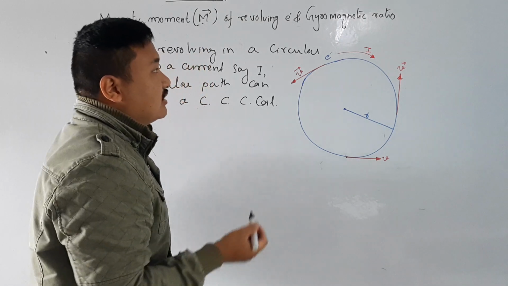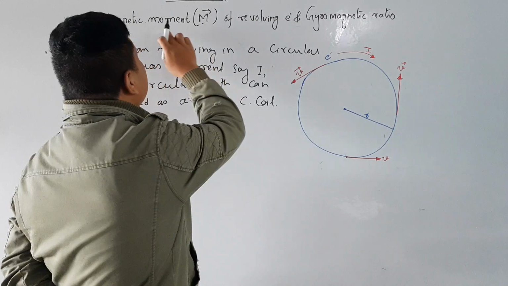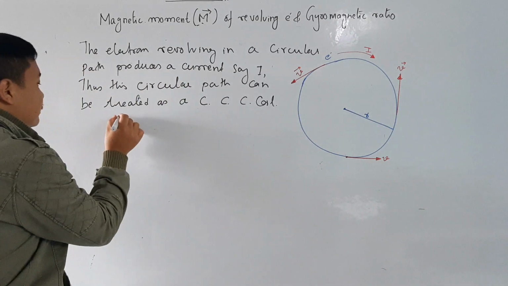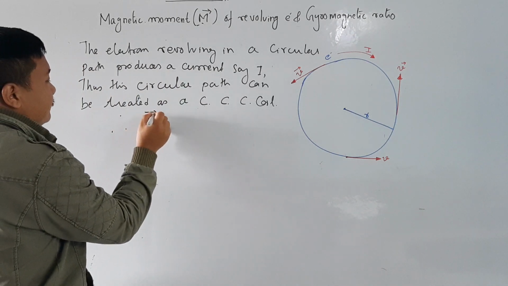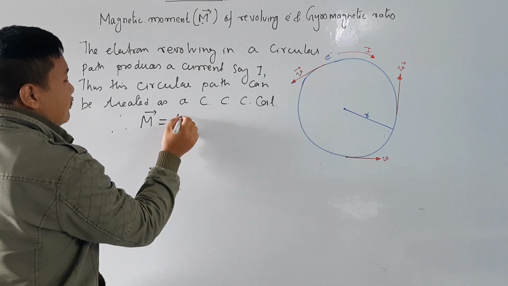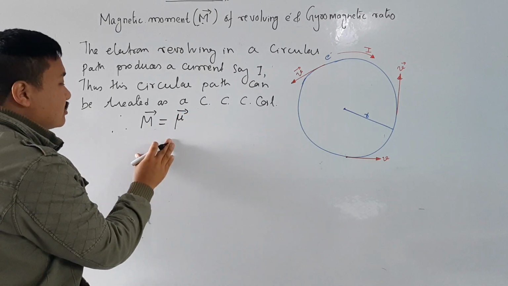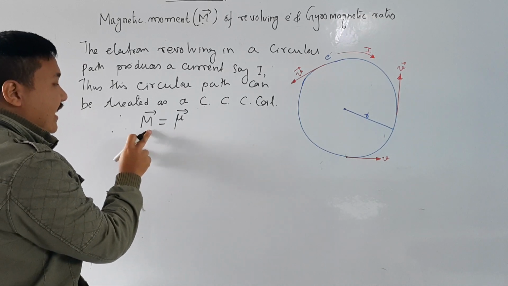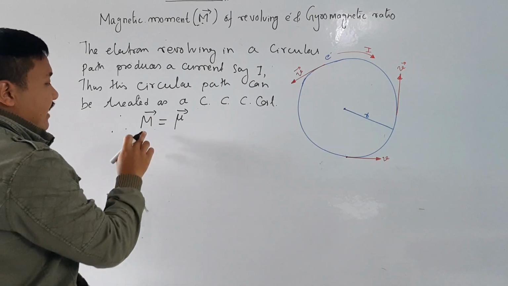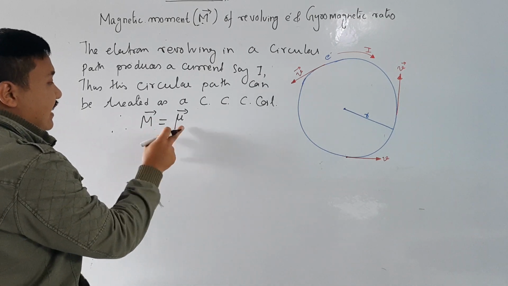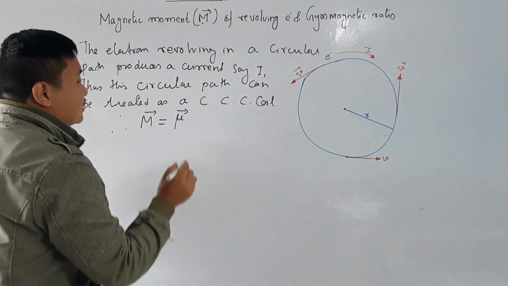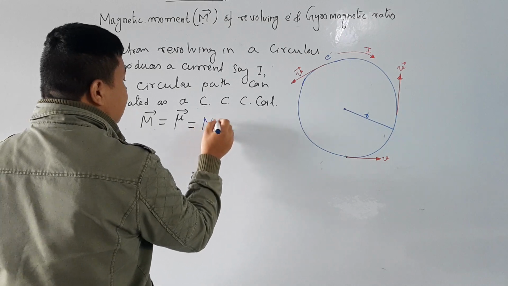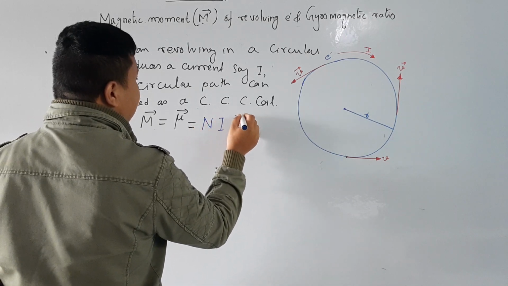And we know that the magnetic dipole moment or magnetic moment of a circular coil, therefore, the magnetic moment m vector, can also be written as mu vector. Both are same. Some books will write m vector and some books will write mu vector. In fact, m and mu are same. M is in English, and mu is also m in Greek. So we know that this is equal to how much? Think it. We have done it. It is n I A vector.